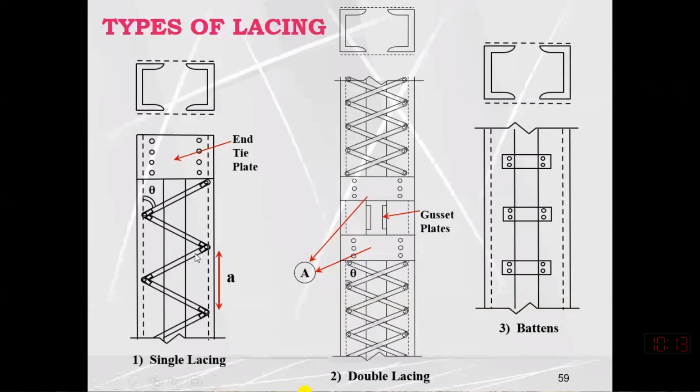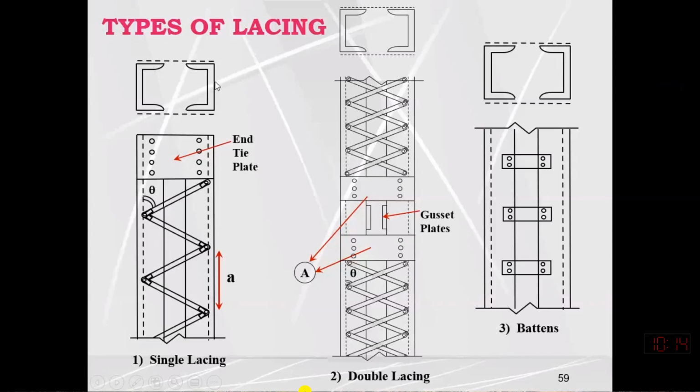So for a built-up section with stay plates, we need to compute the slenderness ratio of this single section within the length A. But for a built-up section with lacing, we just need to check the slenderness ratio of this flange plate only. We are ignoring this web because we assume that the web is stiffened from both sides. If this is an angle section, then we are supposed to check the slenderness ratio of the single angle or complete section within the length A.